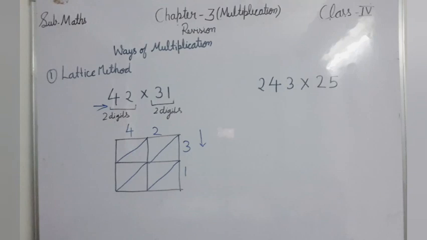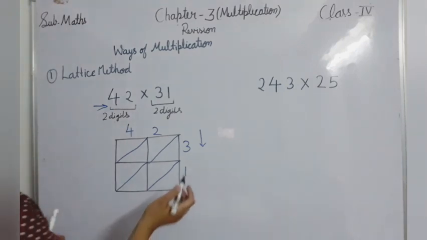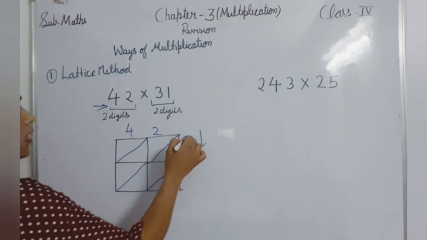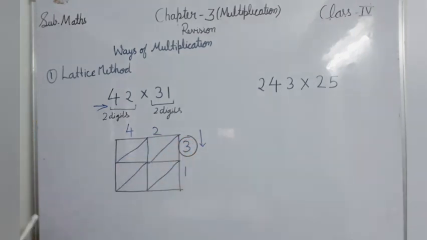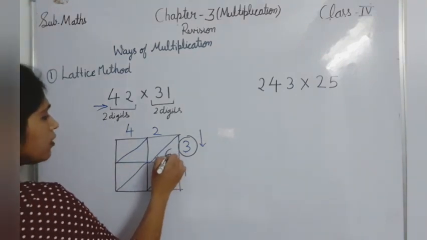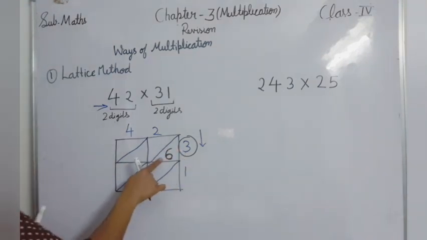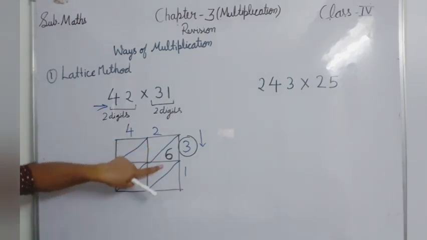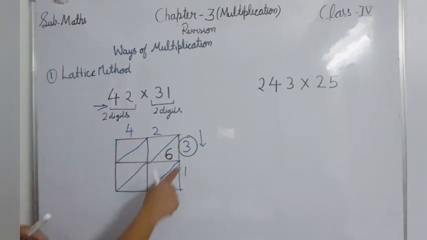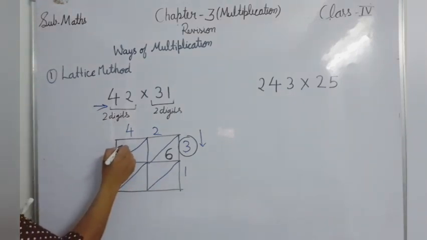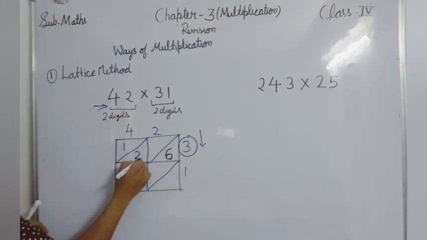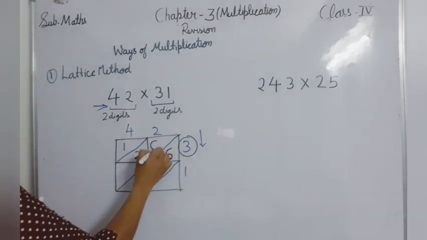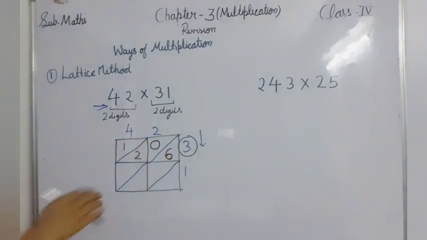Now the fourth thing we have to do is multiplication. How will we multiply? First we have to multiply 3 with 2. So 3 2s are 6. 6 is a single digit, so we write it in the down part. Here you will not write. If it is a single digit, you have to write it downwards. Now 3 4s are 12. 12 is a 2 digit number, so how will we write 12? 1 and 2. Clear? Nothing is there, so I am writing 0 here. Now 3's turn is over.